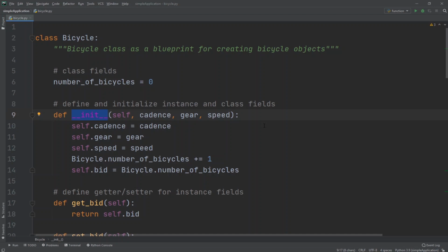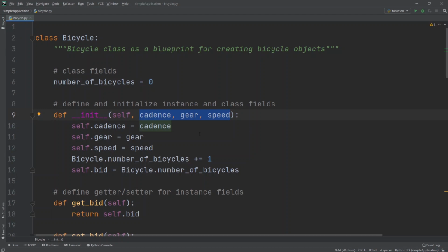Now, when we say that the __init__ method is used to define instance fields that are bound to the objects, the question here is how do we get a reference to the newly constructed object inside the __init__ method in order to define new instance fields on it? The answer is that the object is provided to us by Python as the first argument to this constructor method, and by convention it is named self. The other parameters are the ones that we explicitly provide at the time of object construction, as we will shortly